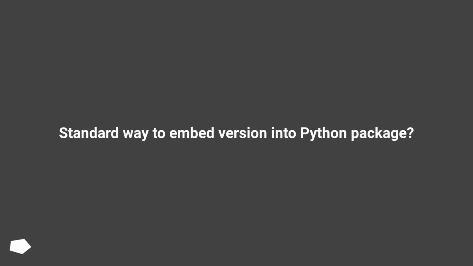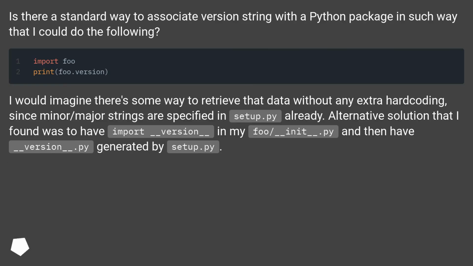Standard way to embed version into Python package. Is there a standard way to associate a version string with a Python package in such a way that I could do the following? I would imagine there's some way to retrieve that data without any extra hard coding, since minor/major strings are specified